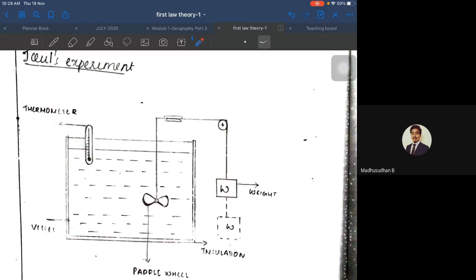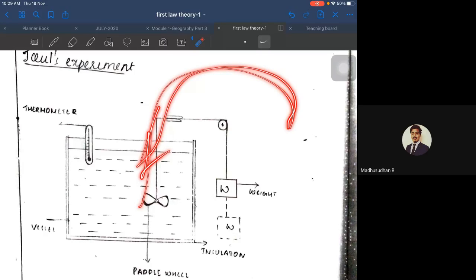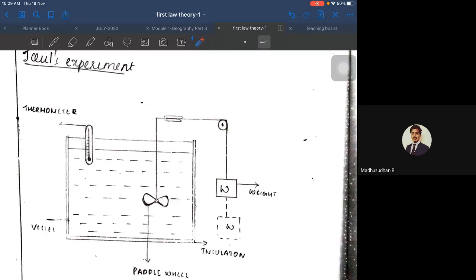Okay, let me ask you in this way. You're transferring work into the system. That means you're working on the system. So what happens to your temperature? The temperature naturally increases like this, because you're transferring work into the system. So he has noted down what amount of work he has transferred into the system. Say it is 10 watt or 10 kilowatt of work he has transferred into the system.